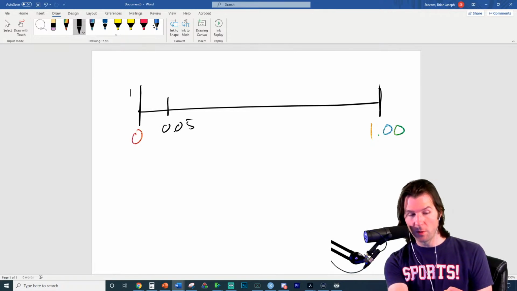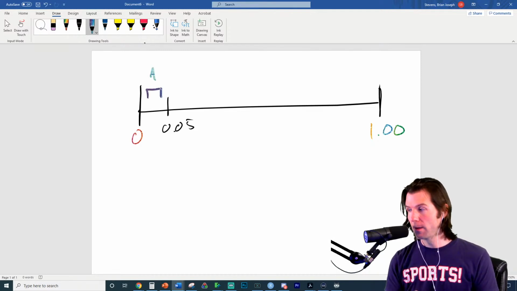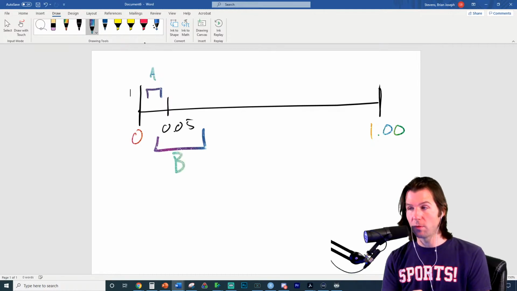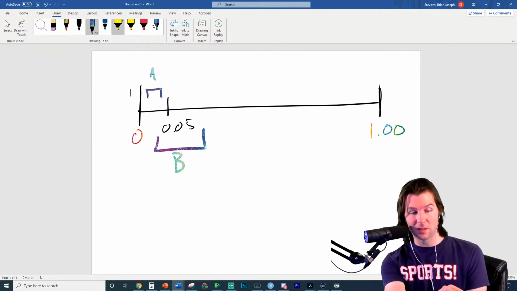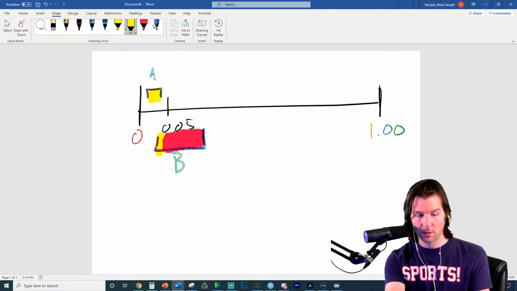So if your interval were to be the following, like if you had an interval here, interval A is completely below. So that means you'd be confident that it is statistically significant. Interval B contains 0.05. So with interval B, you'd be like, well, it might be statistically significant, or it might not be statistically significant.